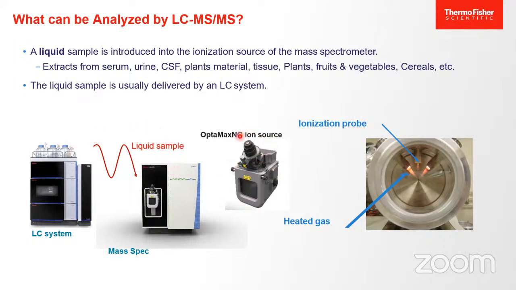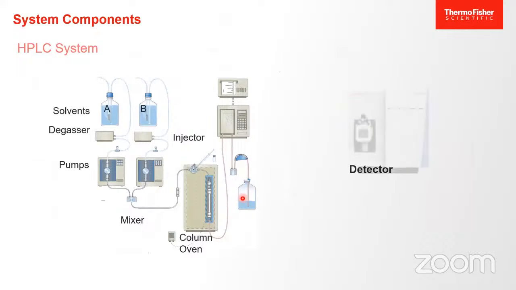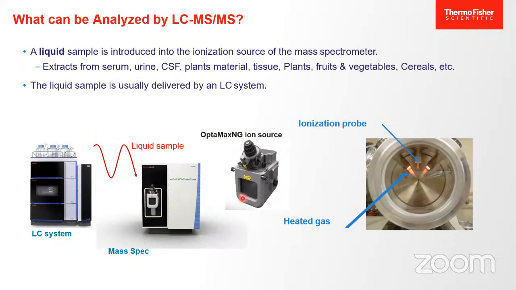This shows your ionization source. There are multiple kinds of ionization: soft ionization, hard ionization, and other things. But in case of biology, we only refer to soft ionization. So what are those soft ionization techniques? I have covered in my later slides that there are two different kinds of ionization. One is ESI, which is electrospray ionization. Another is APCI, which is atmospheric pressure chemical ionization. These are the two different techniques for how we ionize a particular molecule.